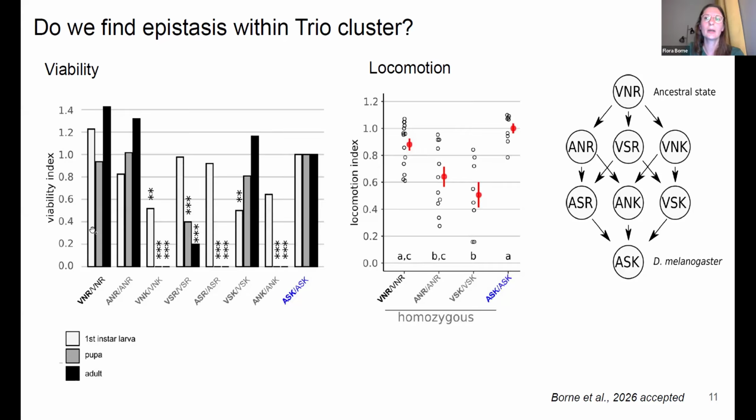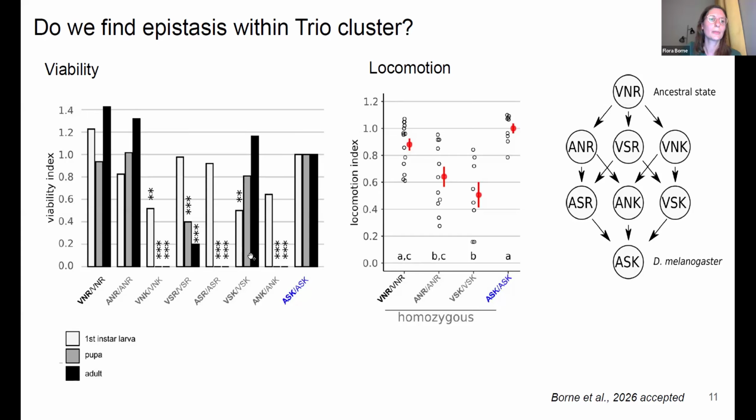that compared to the wild type, the ancestral haplotype is actually fine. So there is no significant difference between the ancestor and the derived melanogaster state. However, when we look at the intermediate combinations, we see a lot of defects, and especially we have 3 combinations that are homozygous lethal. So we don't have adults, we don't have pupae, it's lethal. We have one other intermediate that is quite deleterious, so it's still viable, but we think it's sterile. And for the 2 other